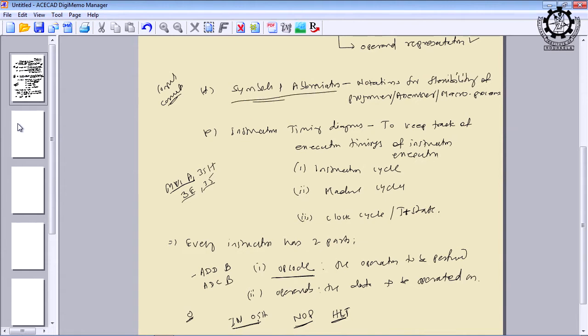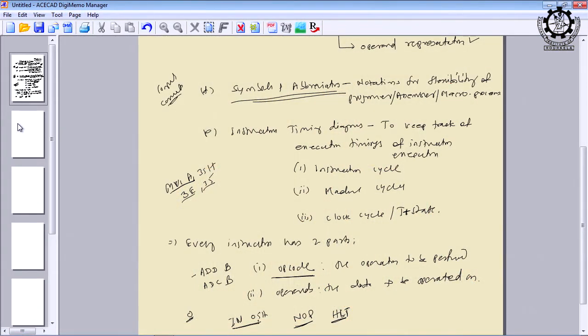Then symbols and abbreviations are very important as far as the programmer, assembler and microprocessor are concerned. But we should understand what is the role of a programmer, what is the role of an assembler, and what is the role of a microprocessor. So, an assembler is a program which need not be written in assembly language, it can also be written in a high level language. Its task is to take the assembly language code as input and produce the corresponding machine code, right, and how it produces, that we shall discuss afterwards. Then what is a programmer? The programmer is the one who writes the assembly language program and executes it on the microprocessor kit. Is it okay? Clearly defined.